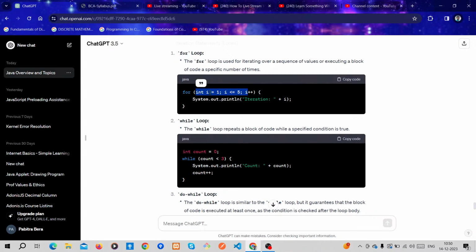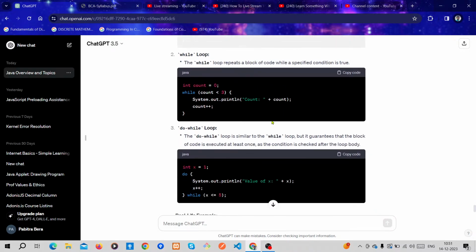First of all, the variable is declared here, i equals 1, then we check the condition, i less than or equal to 5 or not. Then it goes to this statement and prints it, then comes to i++, then checks the condition again. If the condition is true, it prints the statement, then increments the variable and checks the condition again. This keeps going in a loop, so it is called a looping statement.